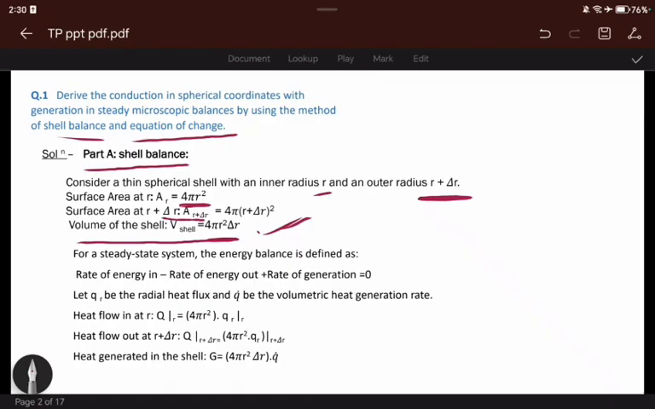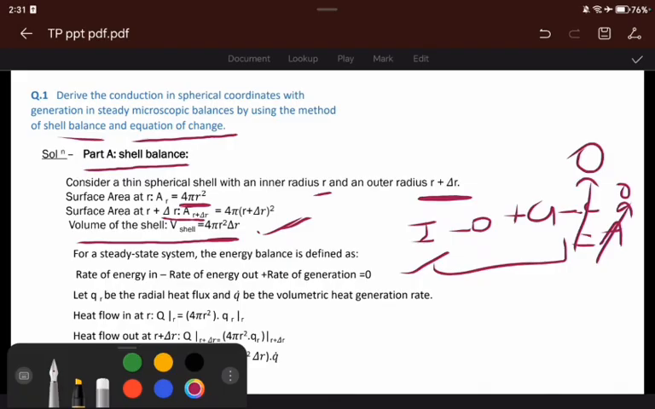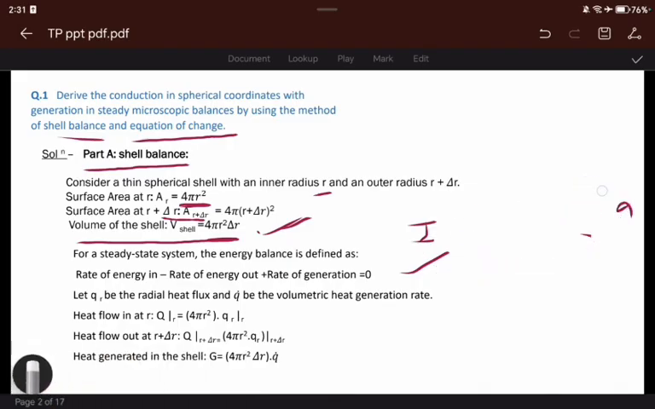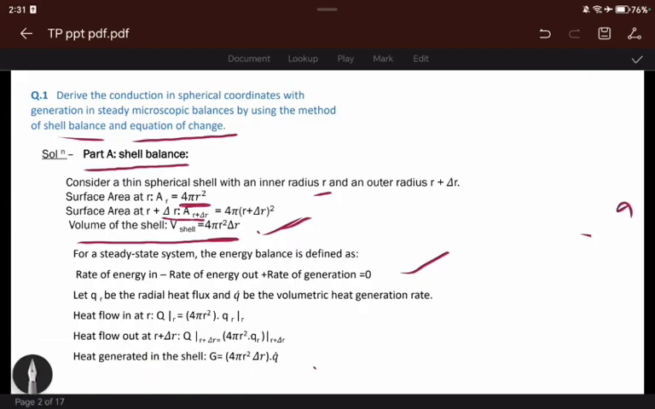For the steady state system, the energy balance looks like: the rate of energy in minus rate of energy out plus rate of generation, minus consumption, equals accumulation. For the steady state, the accumulation will be zero. There is no consumption, so that would also be zero. So our equation will look like: rate of energy in minus rate of energy out plus rate of generation